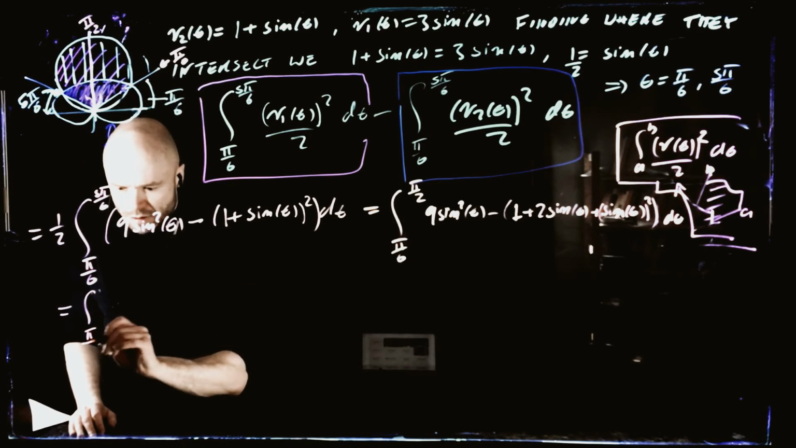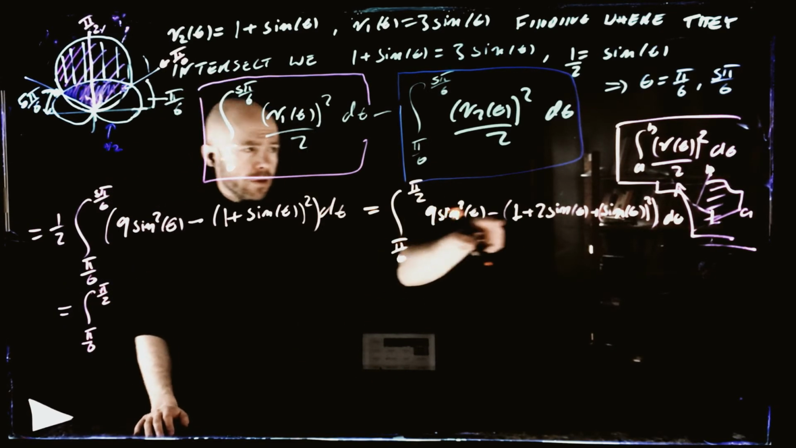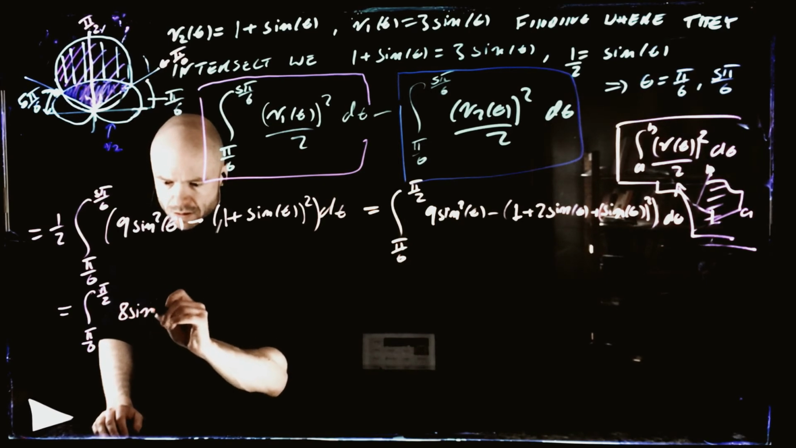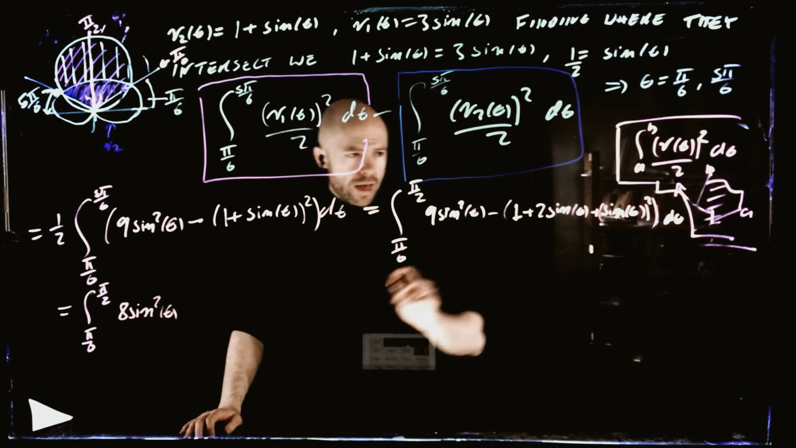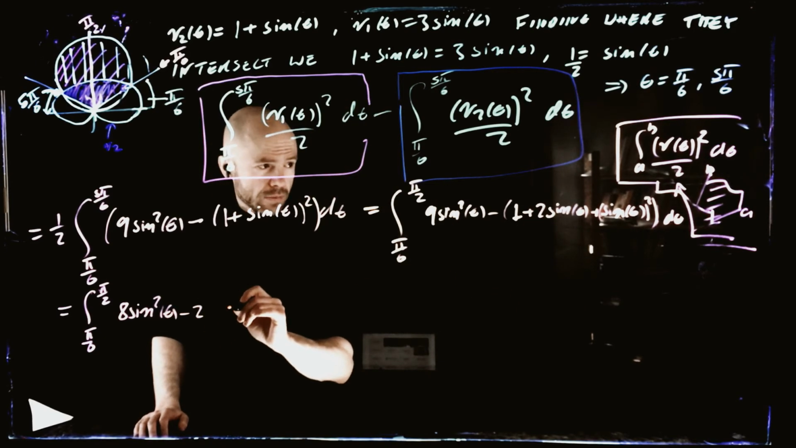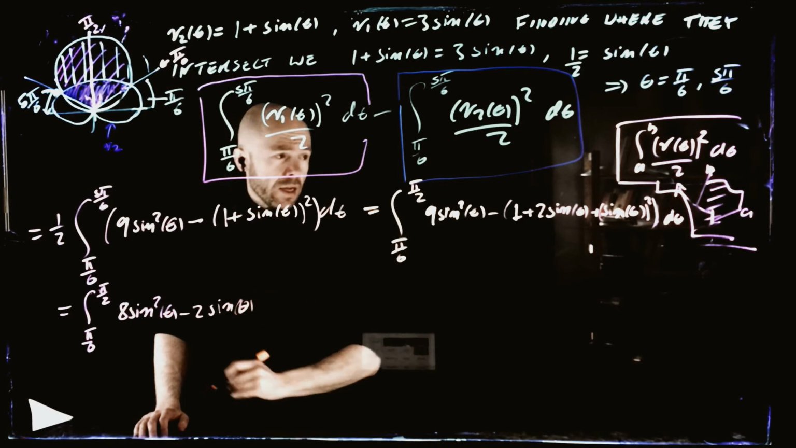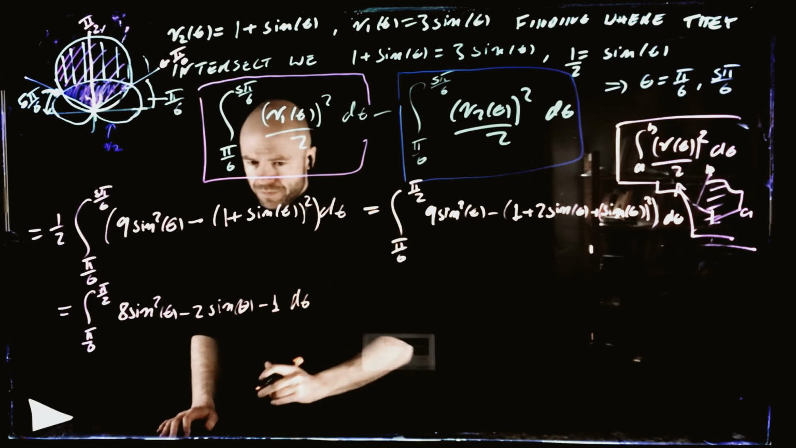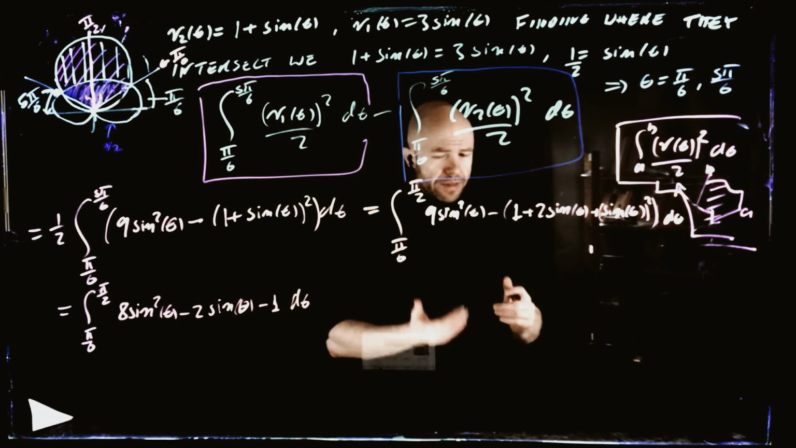Integral from pi over 6 to pi over 2. And we are going to lose one of the sine squareds like this. And we are going to have a minus 2 sine of theta. And then we're going to have just a minus 1 like this, d theta, right? So this is looking good, except that we have the sine squared, and sine squared is a pain to deal with,